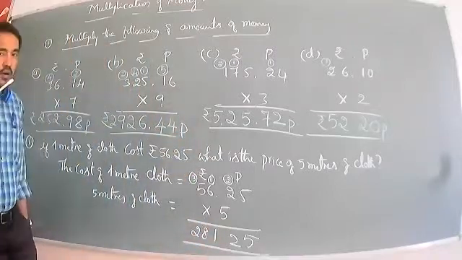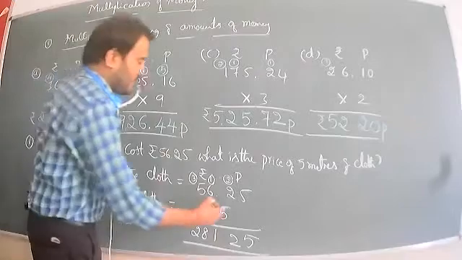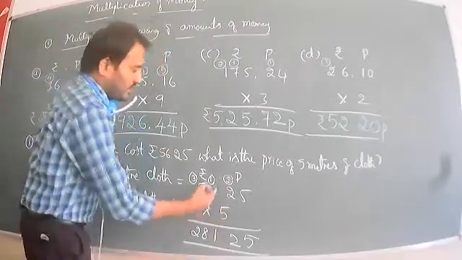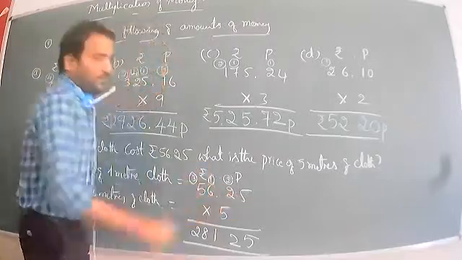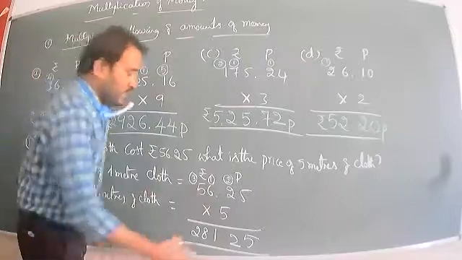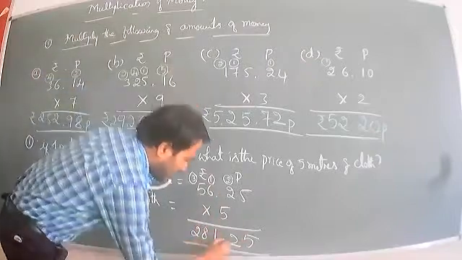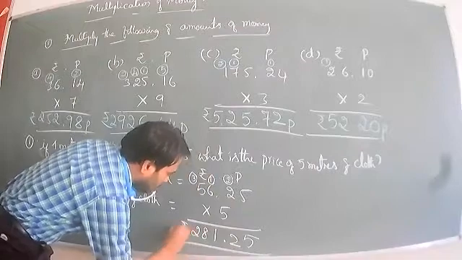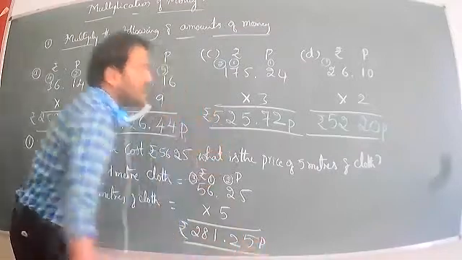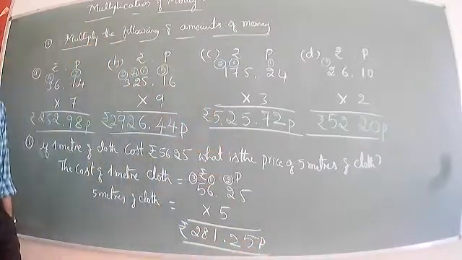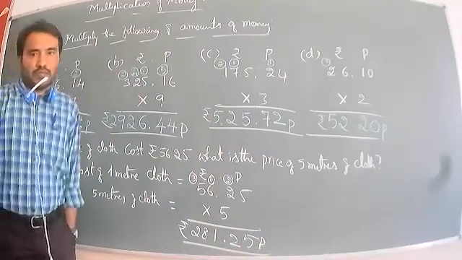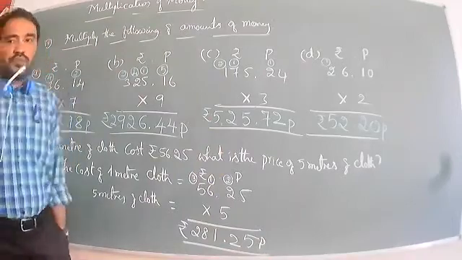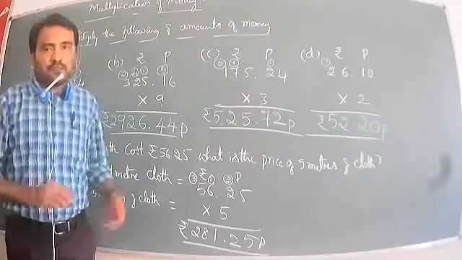Now put the point. How? We find how many digits are left after the point in the given number. The given number has 2 digits after the point, so the product should also have 2 digits after the point. So 281 rupees 25 paisa. This is the answer. I hope all of you understand the one to many concept. Okay, shall I go for one more example now?